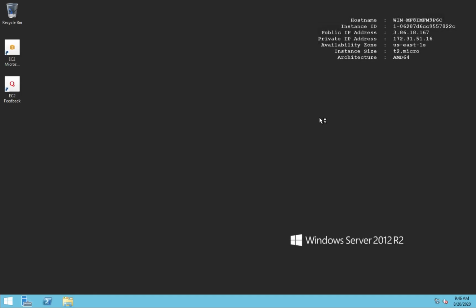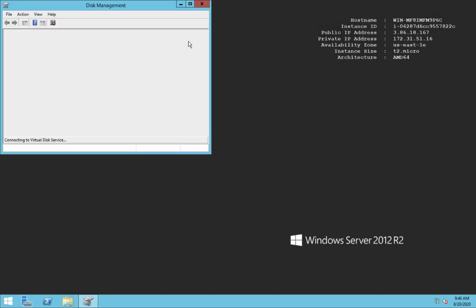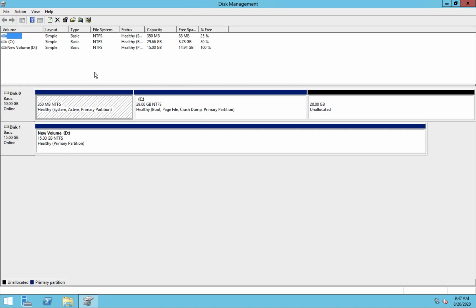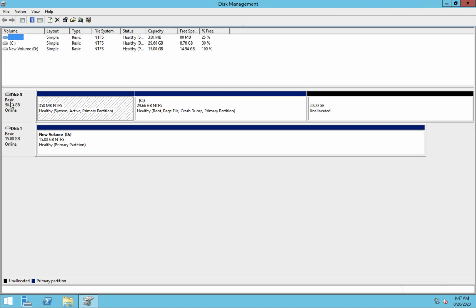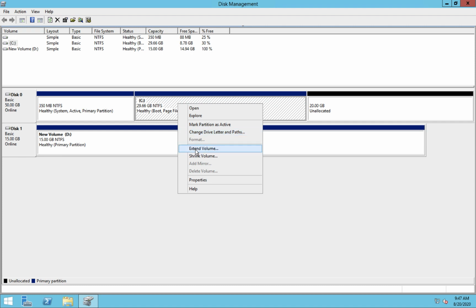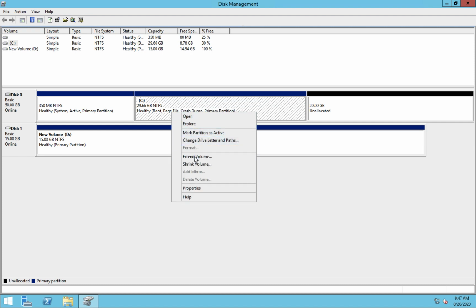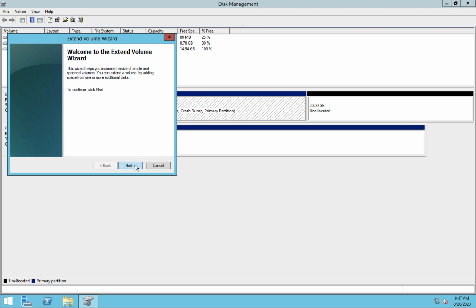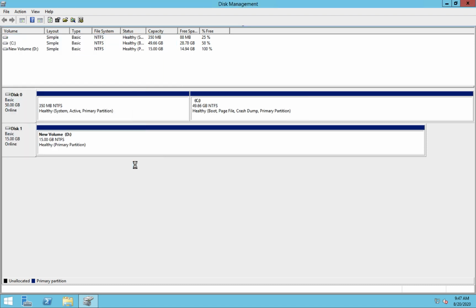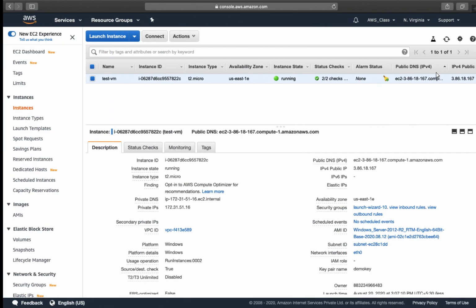We successfully connected to the same virtual machine. Open the disk management, and now we are able to see that the total space in disk 0 is 50 gig. Now 20 gig is unallocated, 30 gig is available with the C drive. To extend it, just right click on the disk and click extend. Whenever we click on the extend option, you can merge the unallocated space with your existing C drive volume size. So guys, this is the actual concept, how you can maintain the hard disk storage with your EC2 instance.